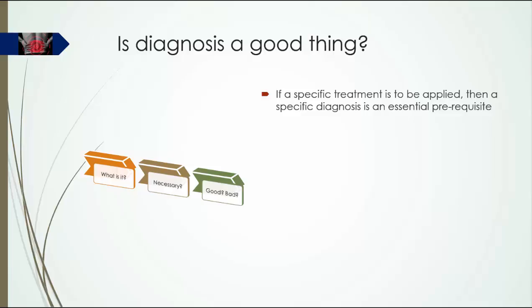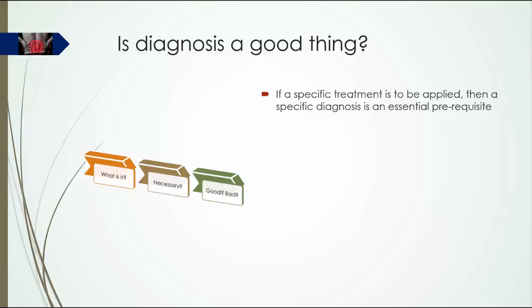Here is my summary of the debate over the value or otherwise of making a diagnosis in management of back pain patients. The first principle is that if a specific treatment is to be provided, then this must be indicated by a specific diagnosis that is made before the intervention is undertaken. It is a prerequisite. Occasionally a diagnosis is made after the effect of an intervention is known, what is called diagnosis ex juvantibus. But it should not be the modus operandi for clinicians, especially if the clinician is doing invasive